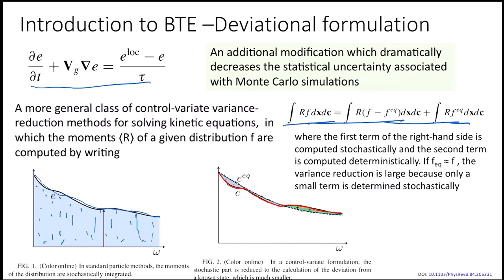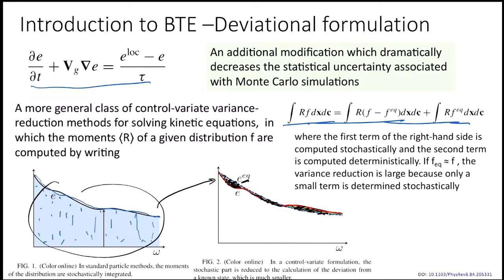So instead of solving for or sampling the entire domain, what we could do is just sample this part, which is deviating from the equilibrium distribution. But it would have a positive and negative part, as some part is below this equilibrium line and some part is above the equilibrium line. So there is a concept of sign which would be introduced. But we only have to sample this small part, and if we take the same amount of samples we took in the entire domain, our performance would go up really drastically.